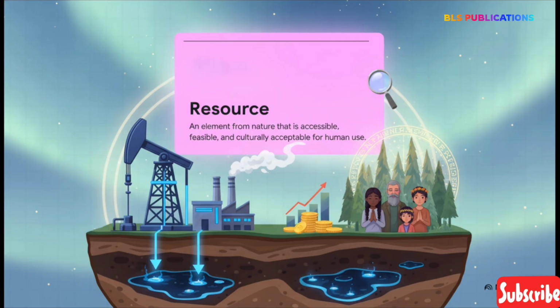It's completely a function of human activity. To make the cut, it has to hit 3 criteria. First, it's got to be technologically accessible. If there's a pocket of petroleum 3 miles under the ocean floor and we can't drill that deep, not a resource yet. Second, it has to be economically feasible to actually get it out of the ground. And third, culturally acceptable. Sure, a forest might have valuable timber, but if it's a sacred grove to the local community, cutting it down is a no-go. It stays untouched nature, not a commercial resource.